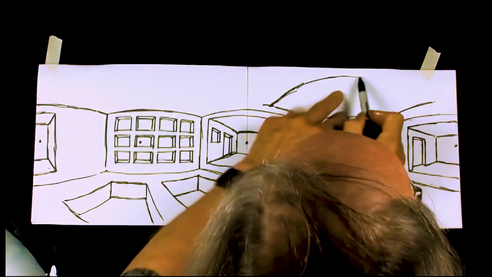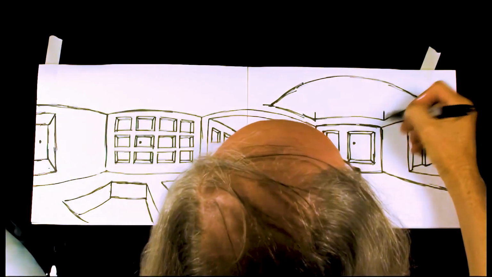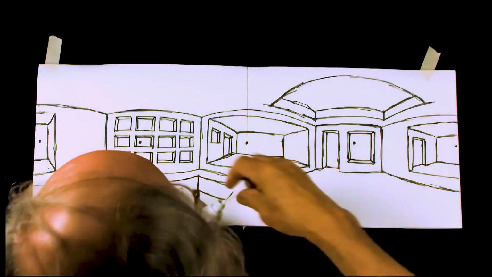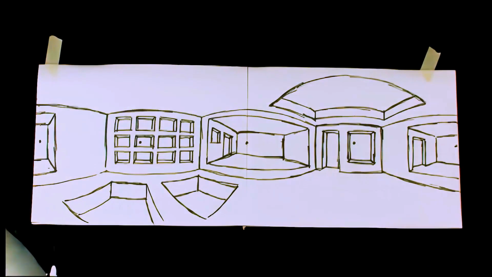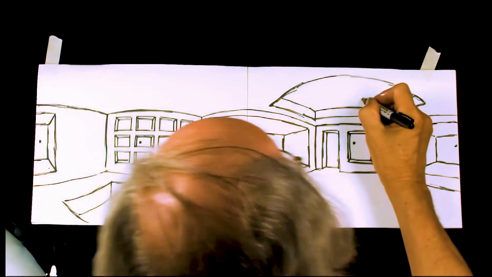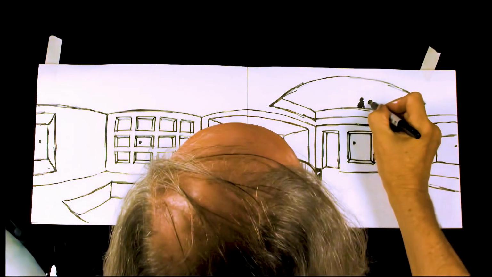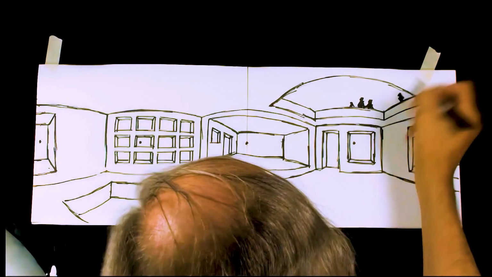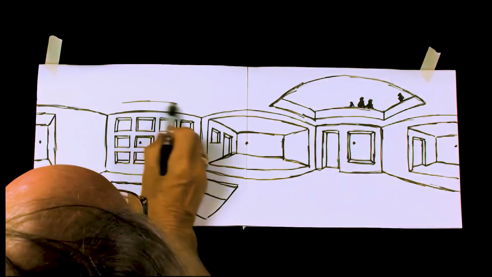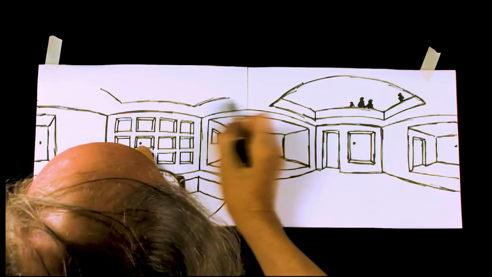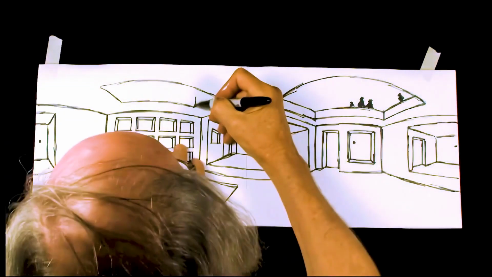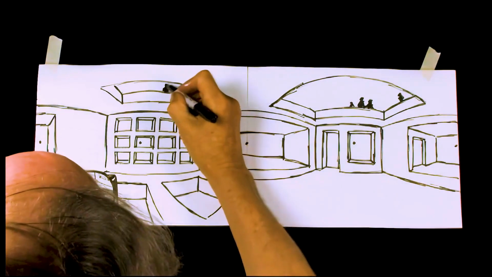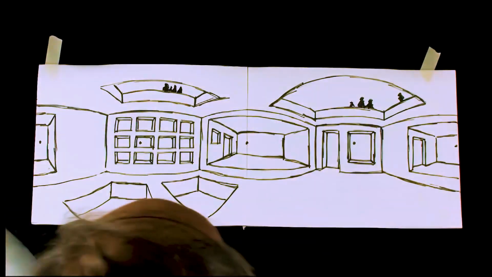And it does have to curve. If it doesn't curve like this, you'd never get a 360-degree picture. It has to have some system involved in it in order to capture complete scenes around you like this. I like adding people and plants and stuff to make sure that people are aware that this is a real world that people live in and not just an abstraction or a very cold environment of some kind.